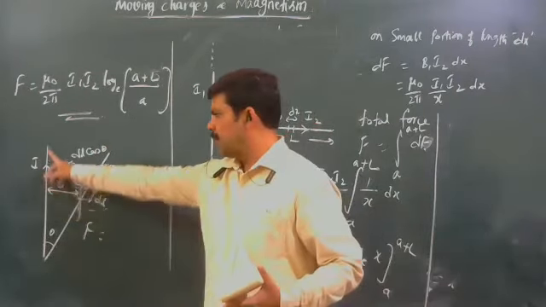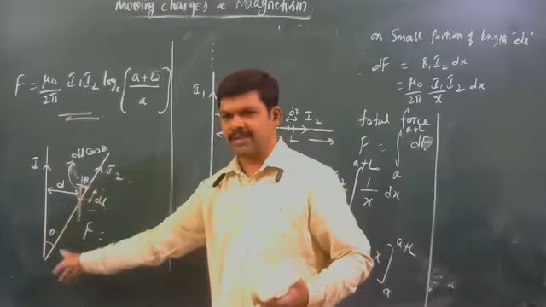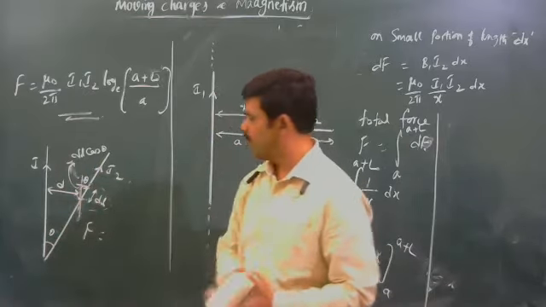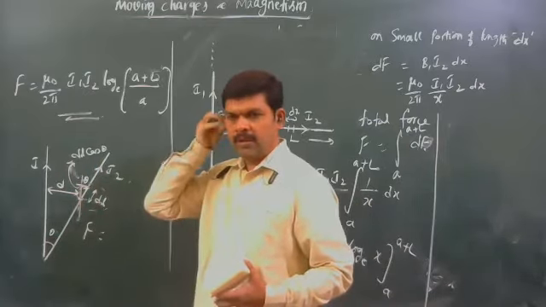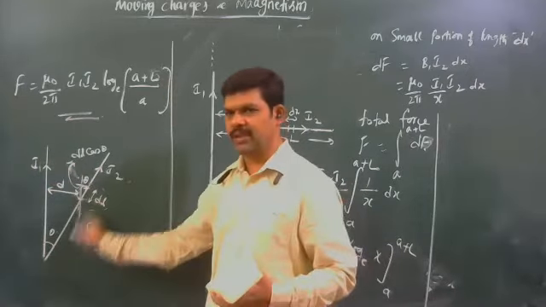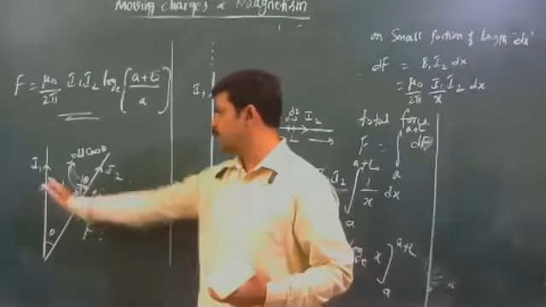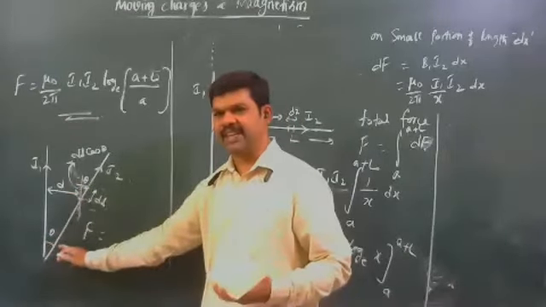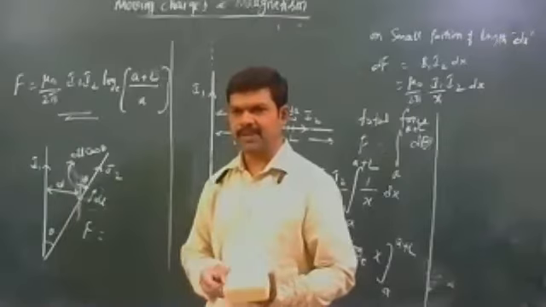See, this is one conductor and this is another conductor. Current flowing in this conductor is I1. Current flowing in this conductor is I2. Those two are slant, making an angle theta with each other. The question asked is,